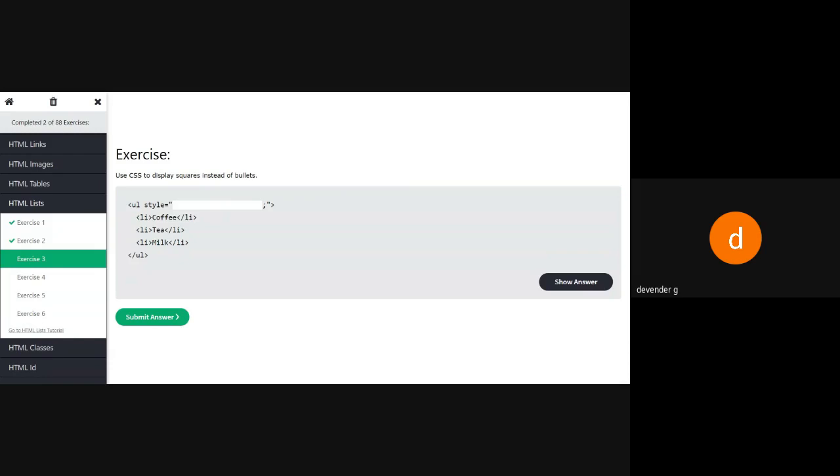So we are going to use the type as list type. We will be using something like this: list-style-type. So for bullets, what are we using? Disk, square. What else?